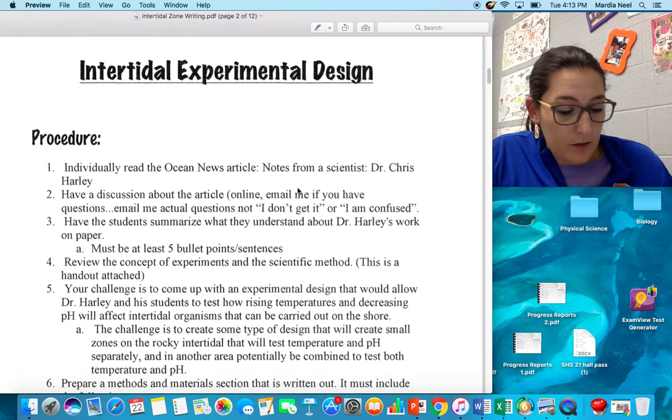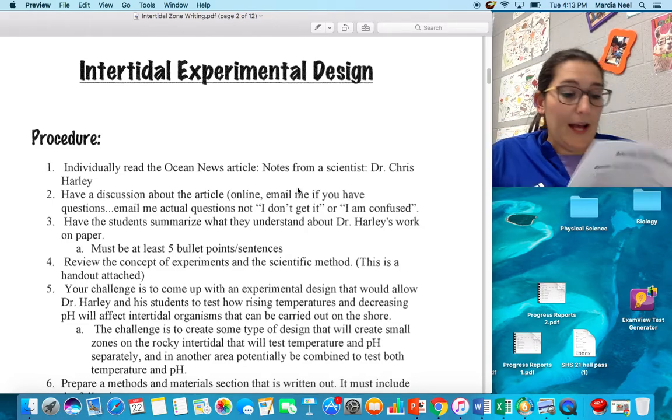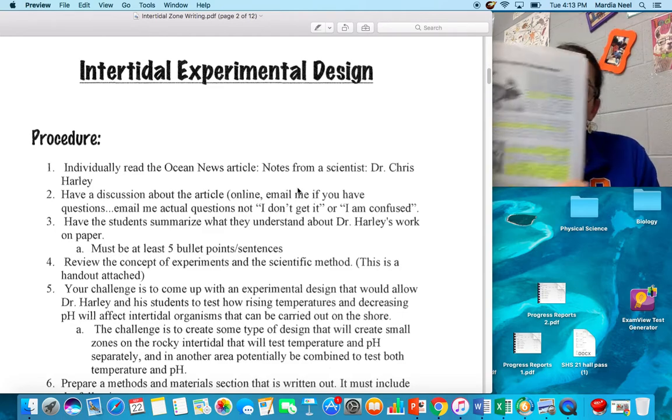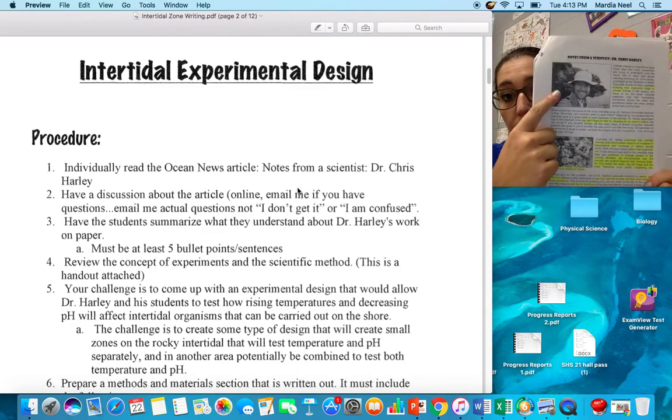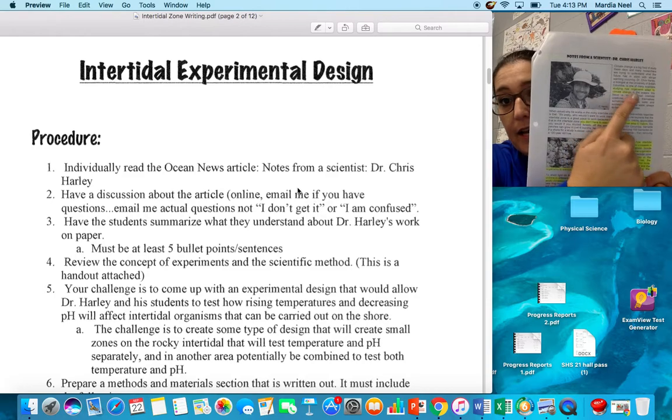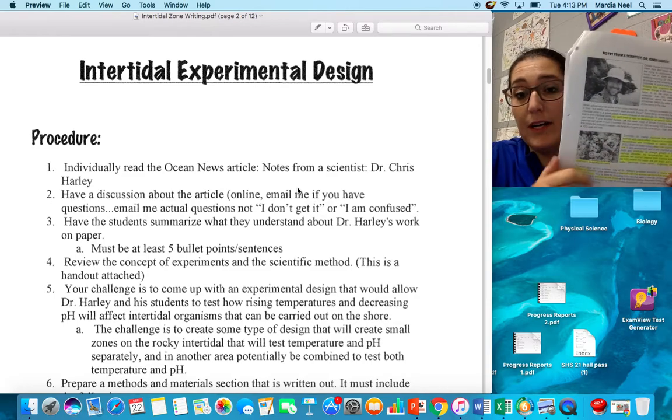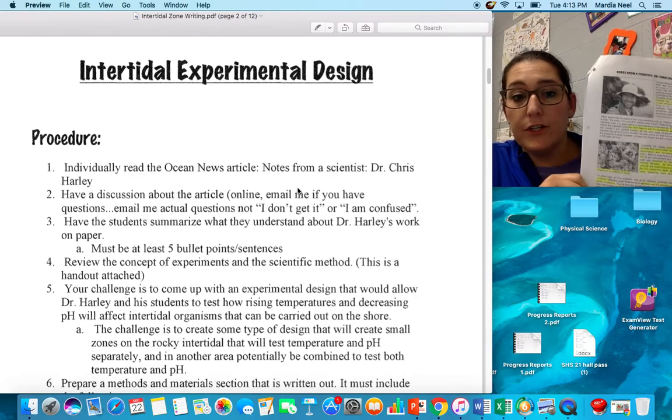When I read the article, to make it a little bit easier on me, I highlighted what the important information was as I went through the article. So I went through the article, I read it just like you have to, and as I got to information that I thought was important, I highlighted it. After you're done with that,